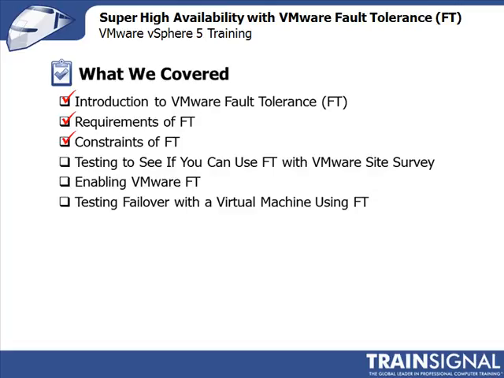I showed you how to test and see if fault tolerance is going to work with your infrastructure using the free VMware vSphere client plugin, VMware Site Survey. It's super small and easy to install, and then it creates a nice tab on your HA cluster, and then you can run Site Survey and see if there's anything that needs to be done in your infrastructure to make sure that fault tolerance is going to work. You saw how it helped us, telling us which ESXi servers needed the vMotion interface enabled and the VMware fault tolerance logging interface enabled. From there, I showed you how to enable fault tolerance on a virtual machine, and then